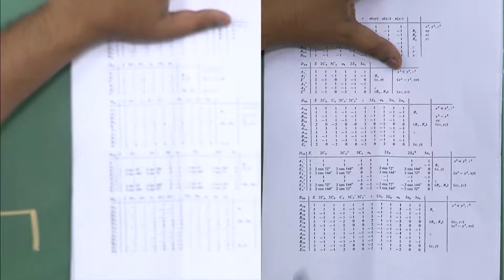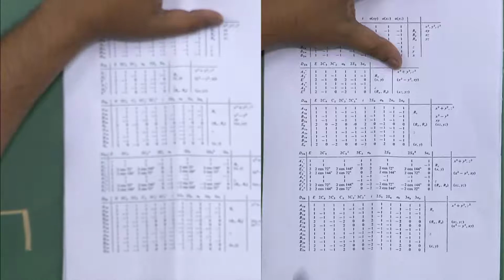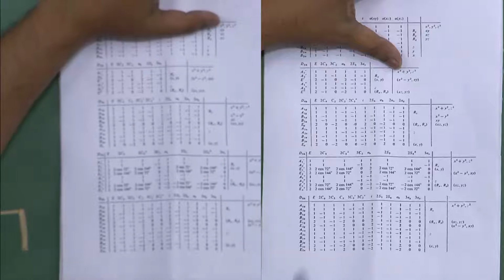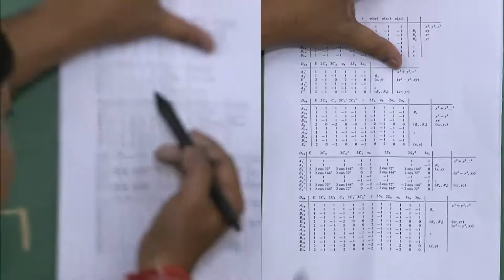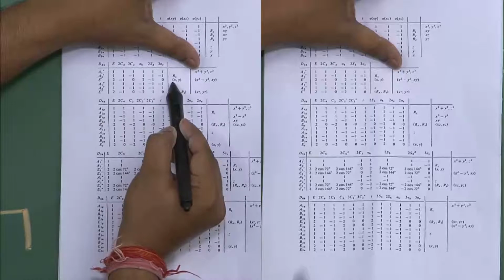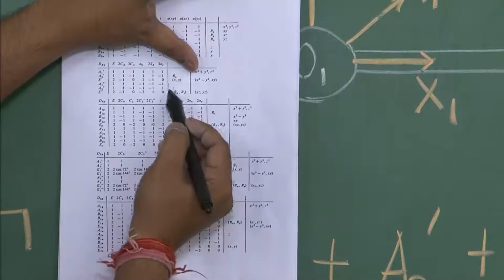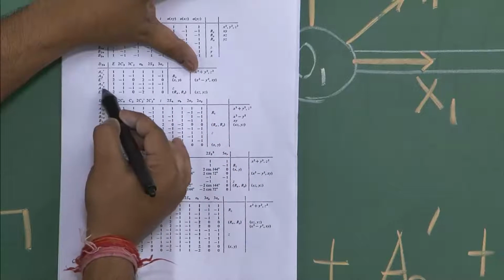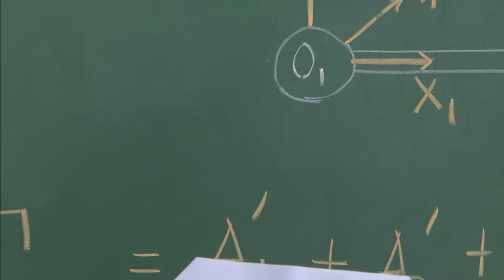For translation, we have to look at the irreducible representations for which the linear functions, that is Cartesian coordinates x, y and z, form the basis. Here, for representation E prime, x and y form the basis together, while z forms the basis for A2 double prime, correct. So x, y and z form the basis for translational motion.